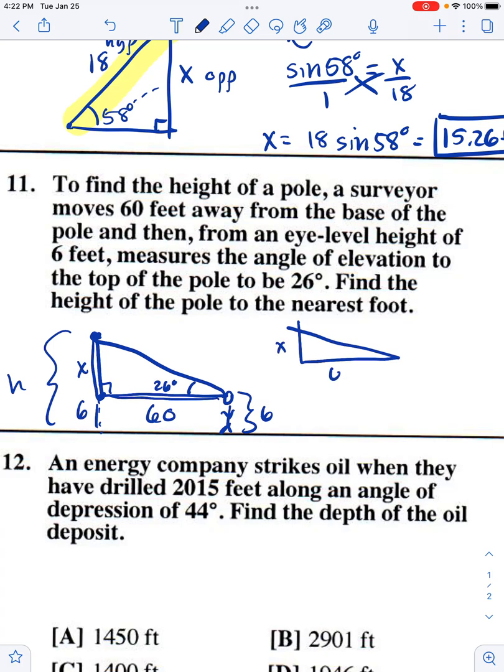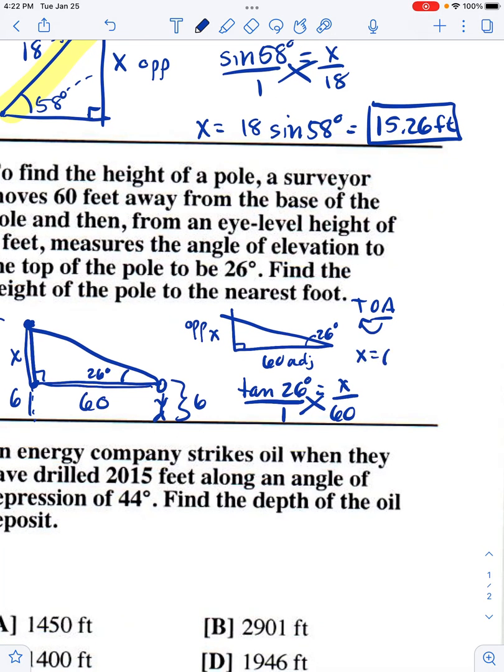So looking at this top triangle, what have I got? I've got x here, I've got 60 here, and I've got an angle of 26 degrees here. Straight across from that angle is opposite. Next to it is adjacent. So if I think about that, that's going to be tangent equals opposite over adjacent. So the tangent of 26 is opposite over adjacent. Solving that by cross multiplying, I end up finding x equals 60 times the tangent of 26. And that is giving me